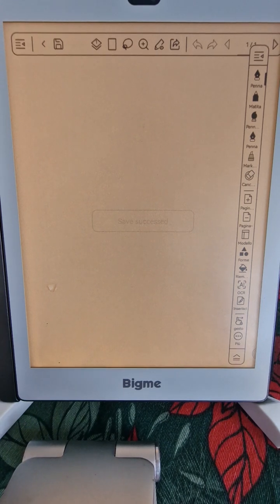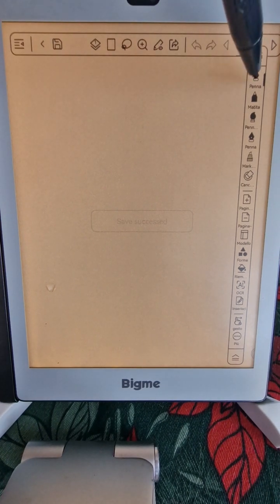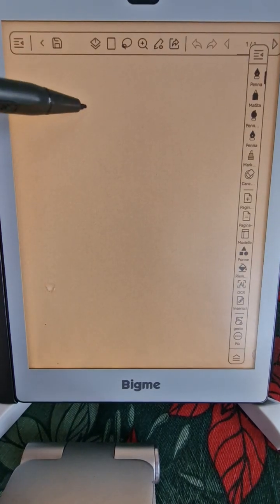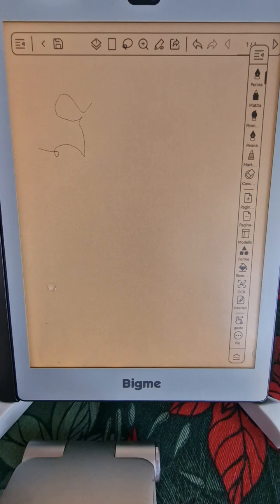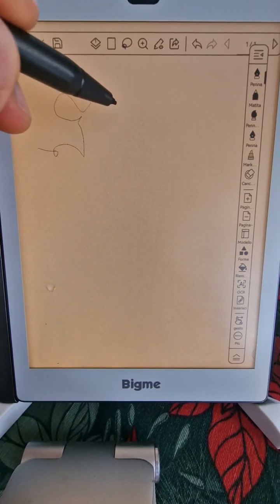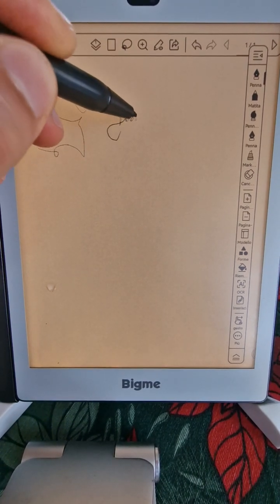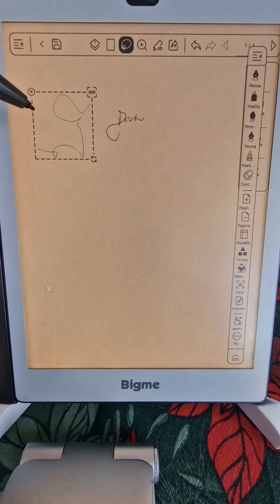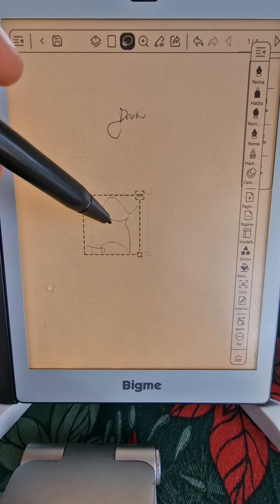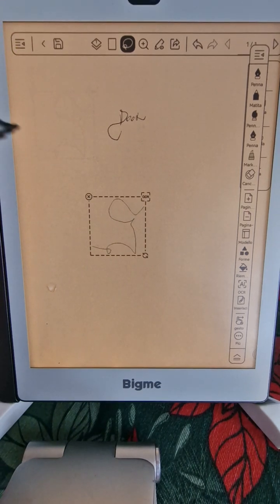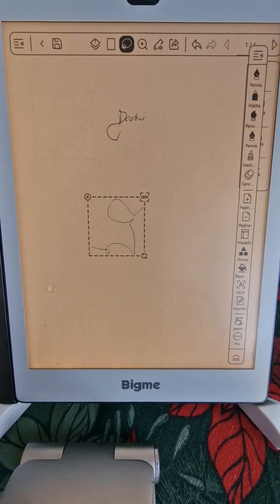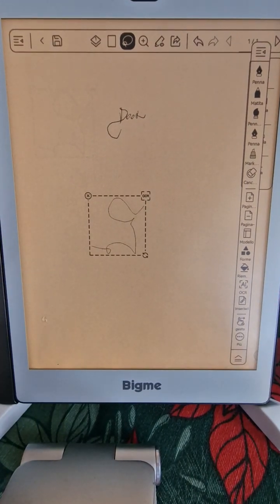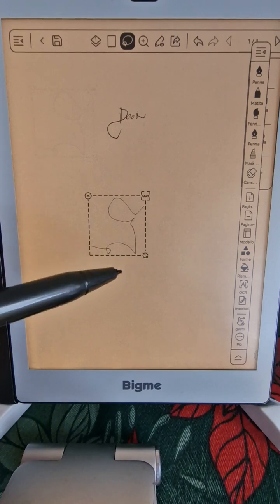So let's start with one of the biggest problems, I think. This is handwritten, so you can write, for example, "door" or something. You select it and you cannot reduce it. You can just OCR, which in this case isn't needed. You can rotate,